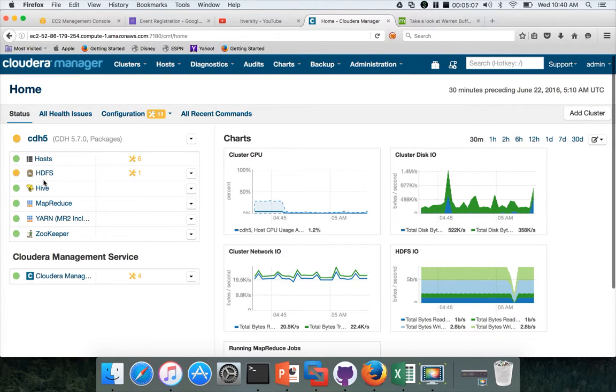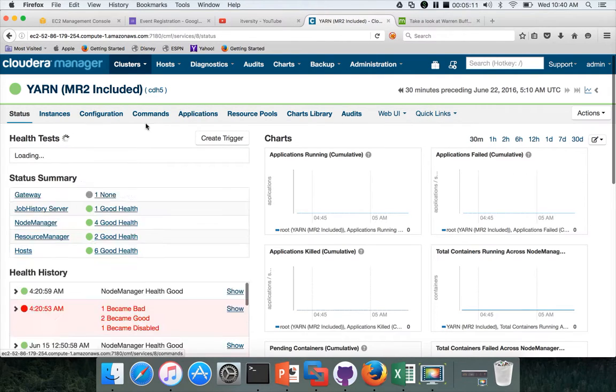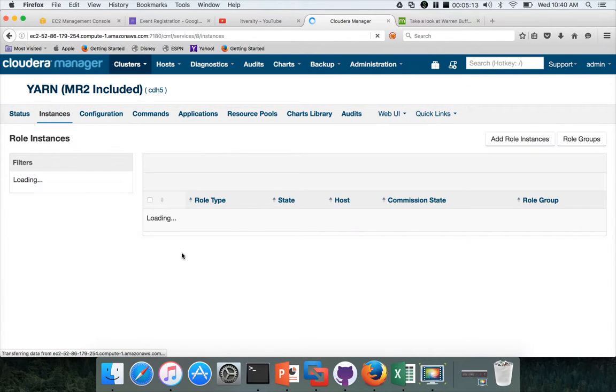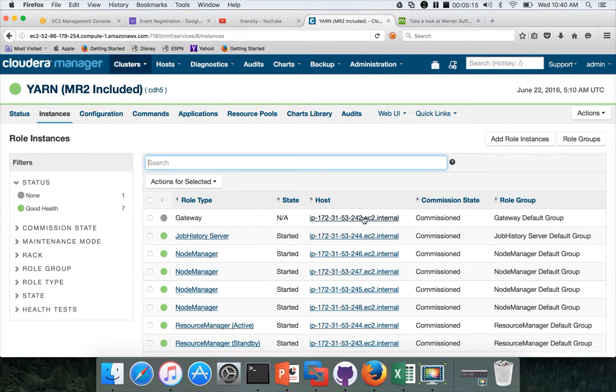We will review Yarn also here. Go to Yarn and then go to instances. You can see 242 is configured as gateway, which means that the parameter files such as core-site.xml, hdfs-site.xml, yarn-site.xml, mapred-site.xml are pointing to a valid Hadoop cluster.